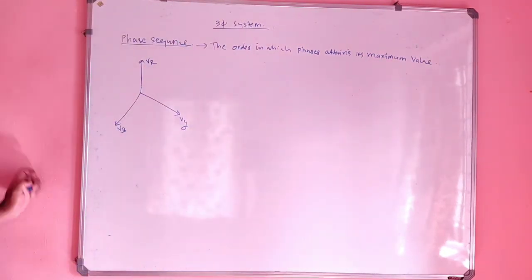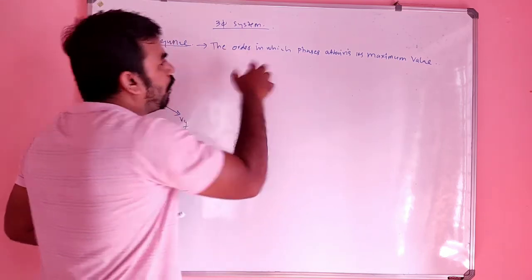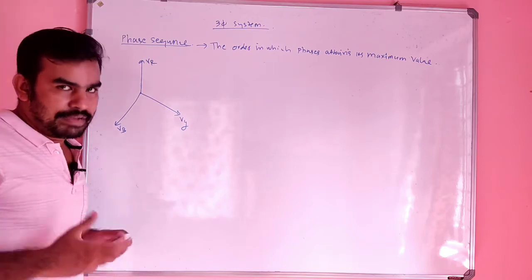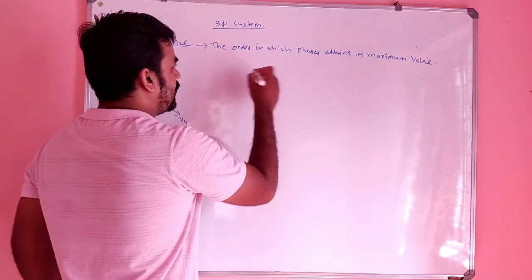Phases attain its maximum value. That is the meaning of phase sequence. I will explain the term. The order in which the phase attains maximum value means, suppose in a phase sequence, suppose I already told you that